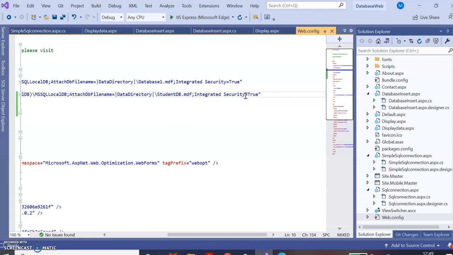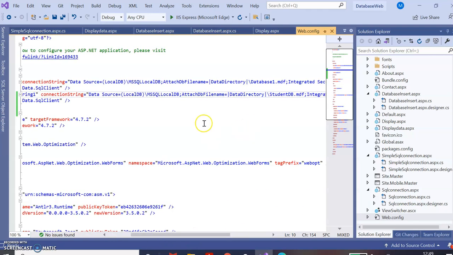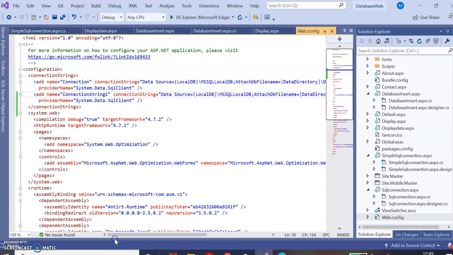So when your program runs, it will look for this path in the web.config file, and through that it makes a connection, confirms the connection, and then your program will run, and the grid view will fetch the data from the appropriate database which is configured with the help of this web.config file. So through the UI also you can do it. And another way is that you can write the code over here in this way. Suppose I want to add a third connection, then you can add the third connection in this configuration file, and throughout this application you can use it.